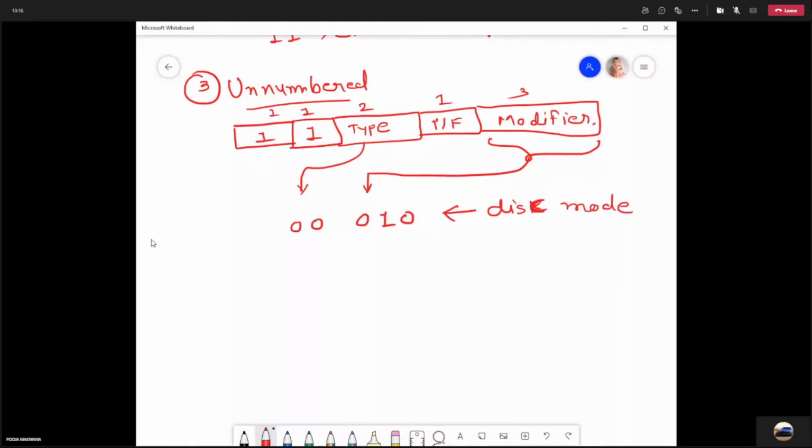If the type field is set to 11 and the modifier field is set to 001, this is the reset mode, right? And the third option possible is frame reject, right? If the frame has been rejected,